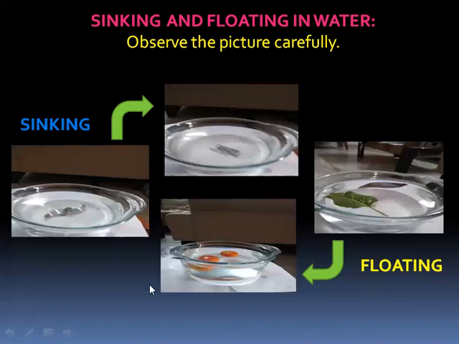Now, in the next picture you observe here, floating. What is it? Floating. So, tomatoes, the vegetables, all the vegetables you can try, children, to see which floats and which sinks. And here, the leaf, 2 leaves I had used. So the density of the leaf and tomato is very less than the density of water. That's why they are floating in water. You can see this. So what is sinking and what is floating? Practically you do it at home. Is it clear, children?